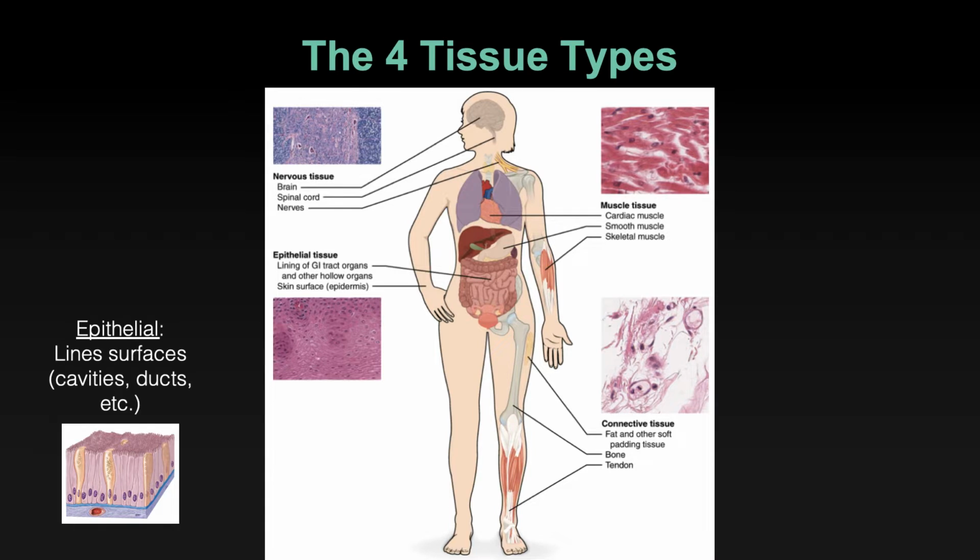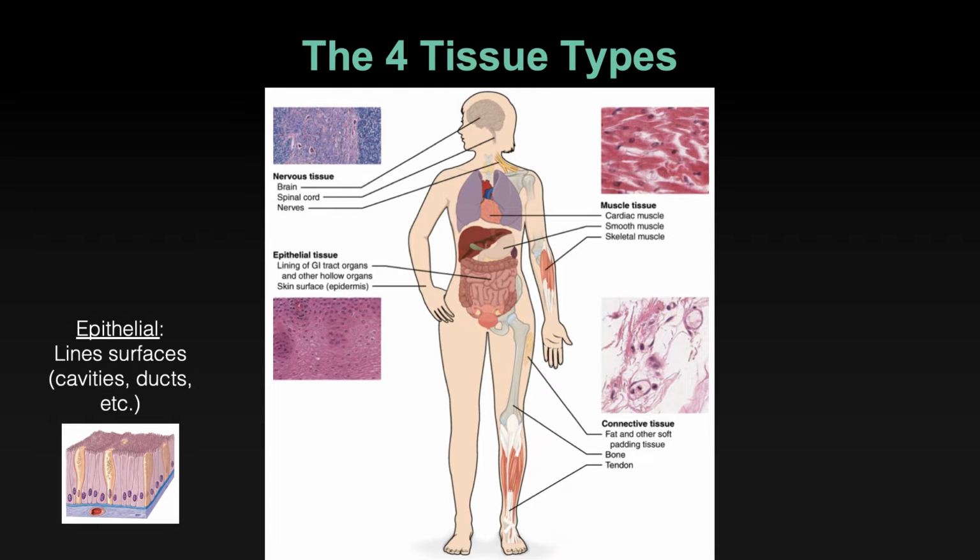The outside of the body, internal organs, cavities within the body are lined with epithelium. They are a covering tissue. They look like this, and you'll see many examples in Lab 1 under the microscope. It sounds boring, lining epithelium, but it has a lot of really diverse functions depending on how it's organized,